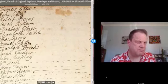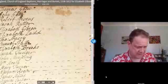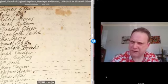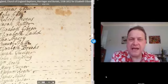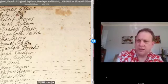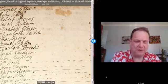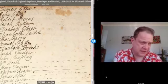But there is still this mysterious sense of what is the link between the Gibson family and Sutton. Now, there may well have been part of his family, the Gibsons, living in Sutton earlier in the century, or at least being buried in Sutton. So there's an Elizabeth Gibson who was buried in Sutton and you can see here, I've got a photograph of the actual register of her burial. And so she was buried, and I presume she was dead when she was buried. It is bad form to go around burying people before they die, but she died in 1736,